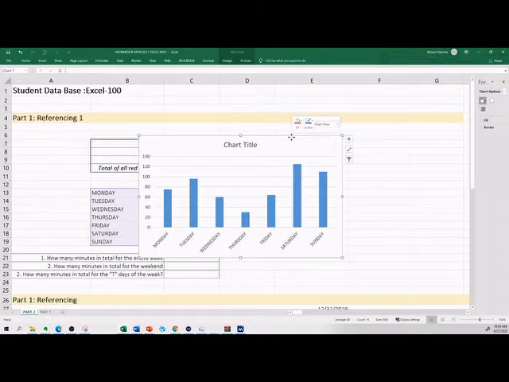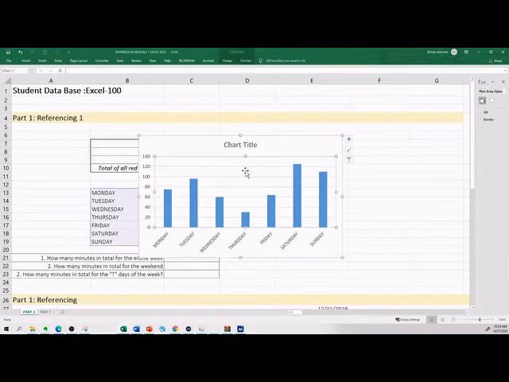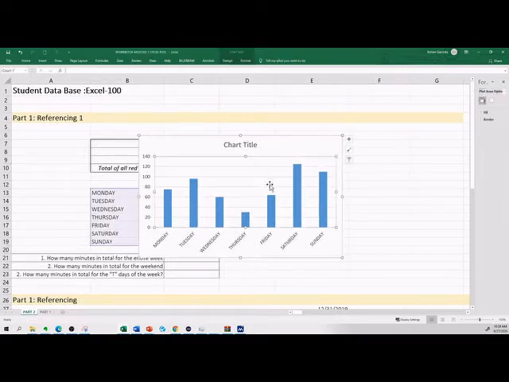And let's go ahead and copy this chart. You do that by selecting the chart, clicking anywhere on the chart, right click, and then you go to copy. And you have to be careful. If you right click in the portion of the